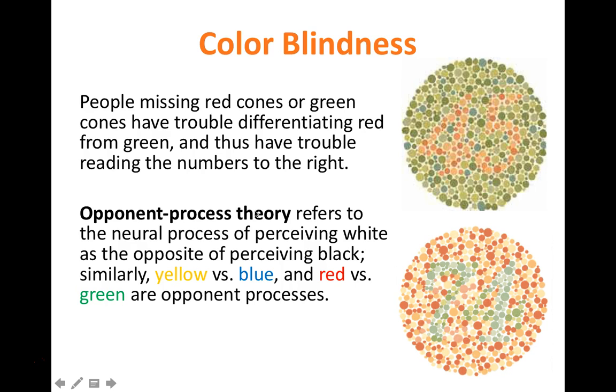So following up on this idea, there's this theory known as opponent process theory. That refers to the process of perceiving white as the opposite of perceiving black, yellow versus blue, red versus green. That there are sort of opponent processes. Okay, and so that has some implications in the sense that